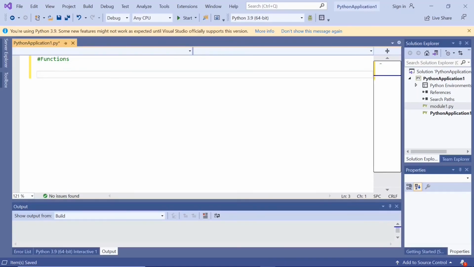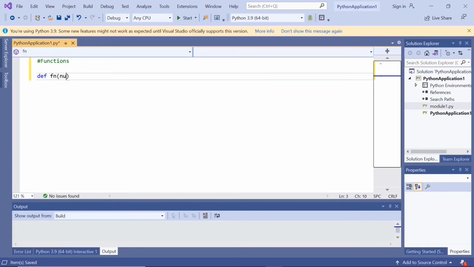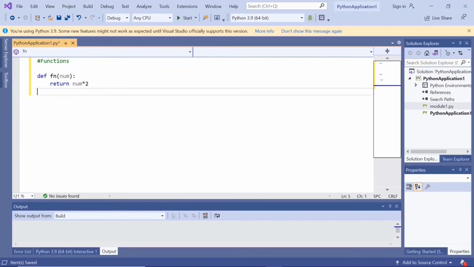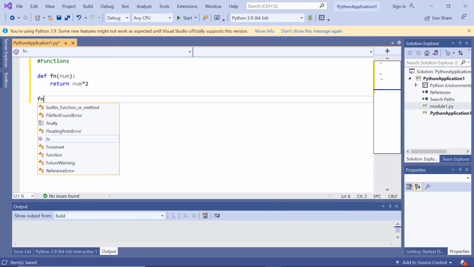You can define a function using def and the function name, any parameter we want to pass, num as parameter, and then a colon. Then you can write the code inside the function. So here I'm returning num into 2. So if we pass any number as num, it will double that number and then return it. So let us call this function and pass 5 as parameter